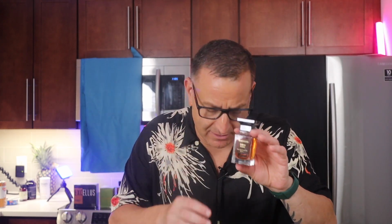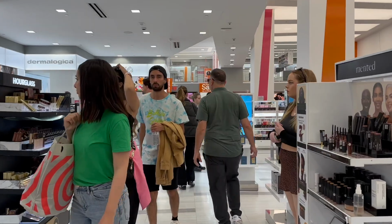It smells so good. It uses Palo Santo wood, which can be smoky. It uses papyrus, which can be earthy, also smoky. It uses incense. And then I found another fragrance while I was at Ulta right here, and I smelled it,